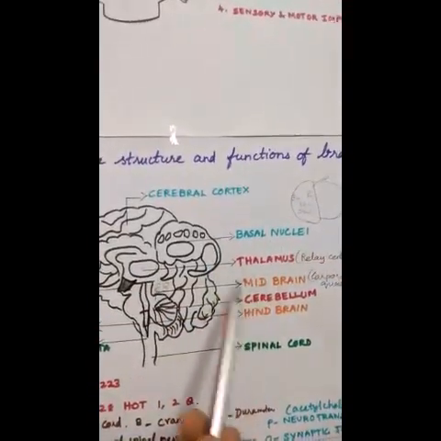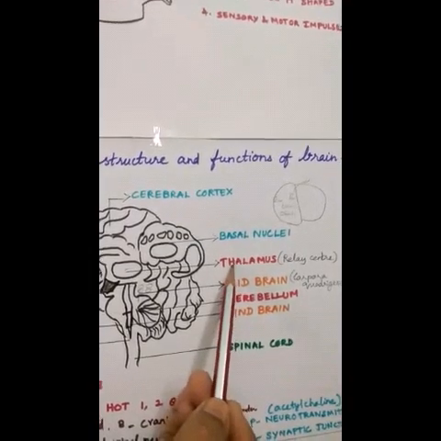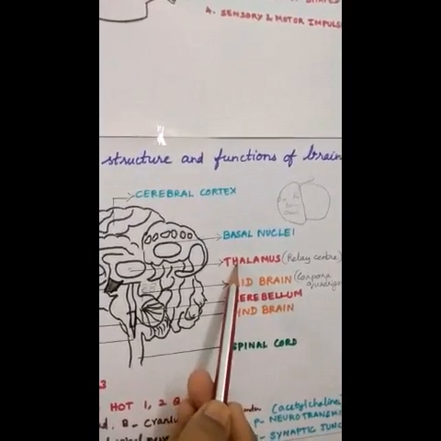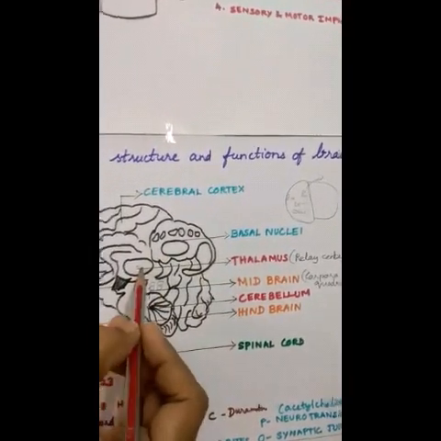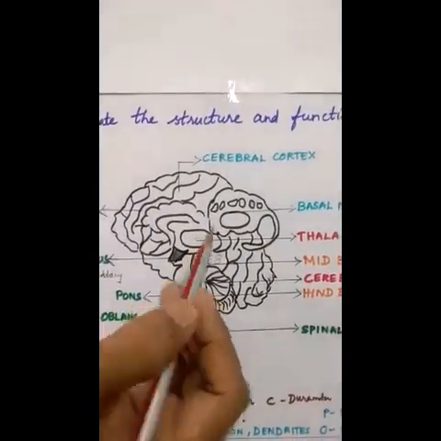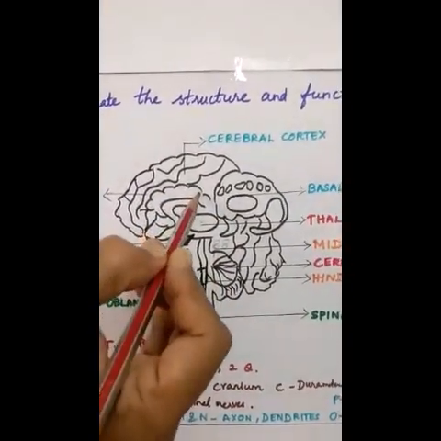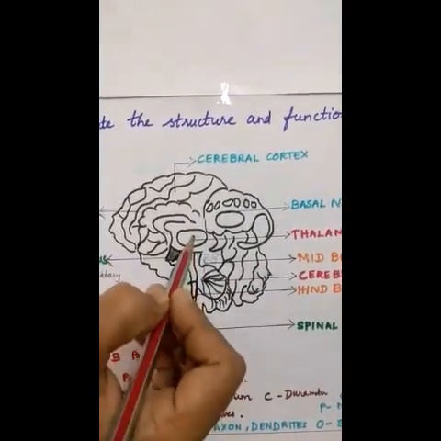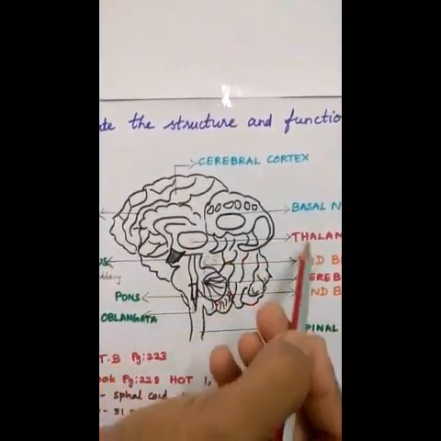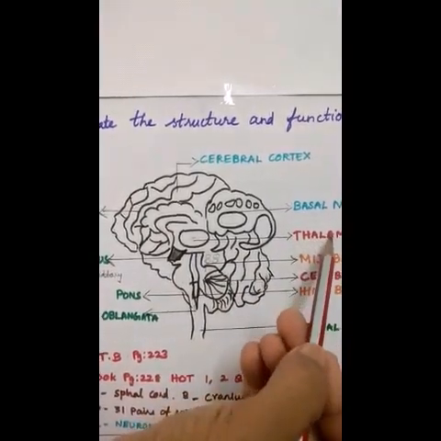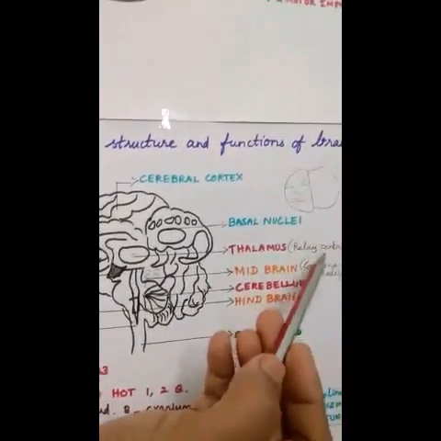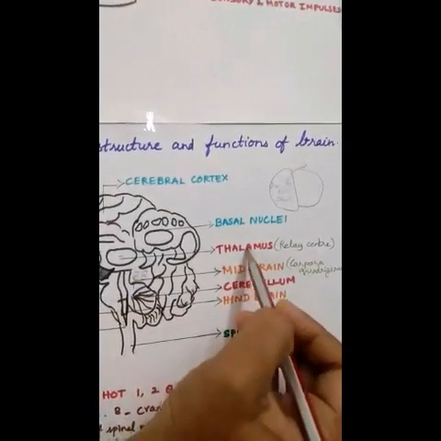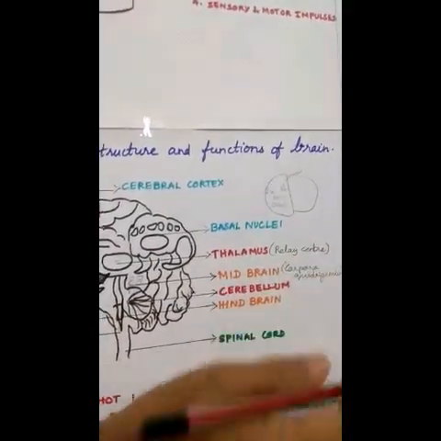Then next, you explain thalamus. Where it lies, you say first. It lies in the dorsal part of the cerebral medulla. Its main function is that it controls the sensory and motor signaling. It acts as a relay center. For a one mark question, thalamus only acts as a relay center.